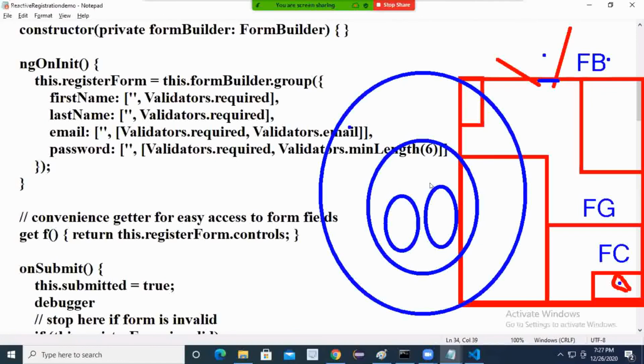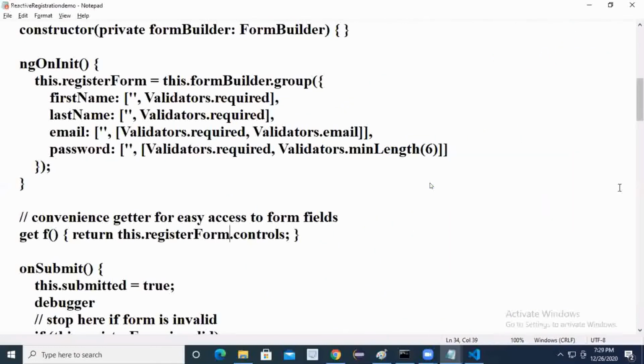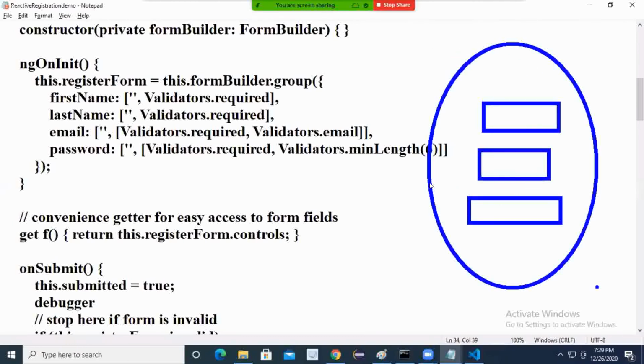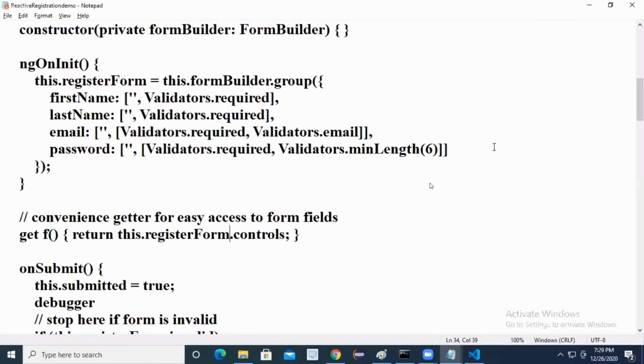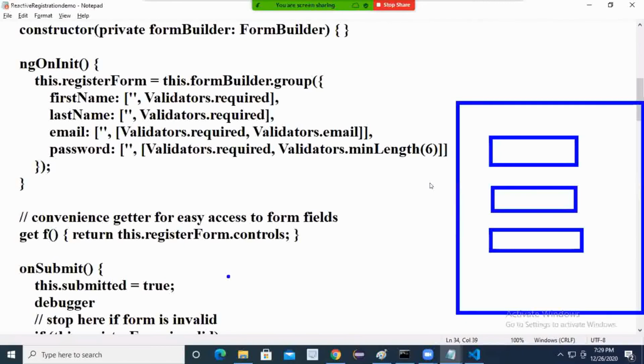Every object will have a reference or not? Yes, sir. This reference dot, these values you can access. Yes or no? Yes, sir. So now what I am telling, three controls means how many elements? Three objects. Now these three objects are in where? Form group object. So now, these all are form control elements, kept in one collection.